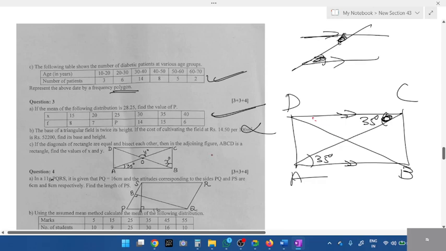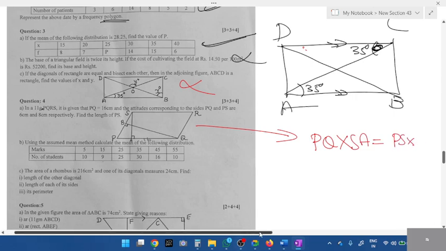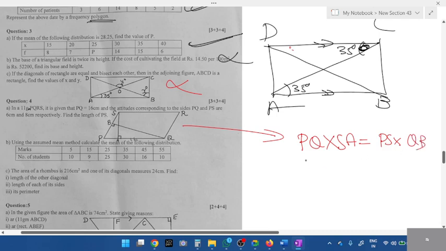Diagonals bisect in the given figure. No, this is not there. Just skip that. What about this one? Yesterday we did that. Go through that class and complete it. All of you will remember. So PQ is one base, students. PQ, and what is the height here? PQ into SA should be equal to what is the other base we have? PS into, yes, QB. Very good. PQ is how much? 16 into SA is, SA value is not given. No, no. PS. We need to find the length of PS. Yes, use this formula and try to complete it. Okay, PS will remain as it is into,